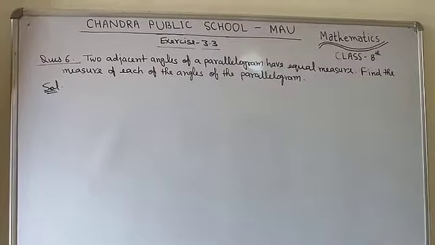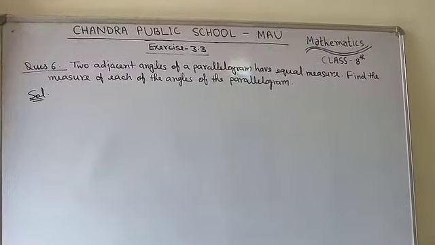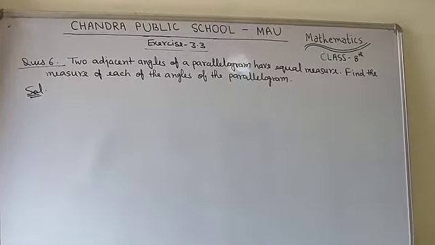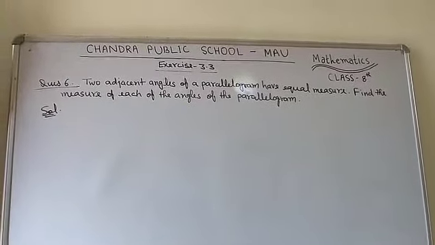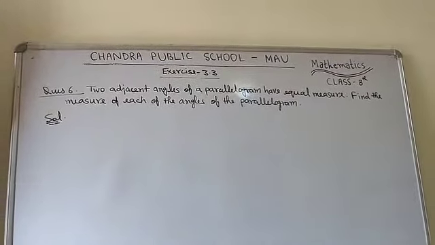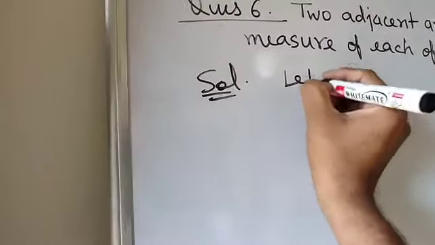Now students, here it is given the question number 6. Two adjacent angles of a parallelogram have equal measure. Find the measure of each of the angles of the parallelogram. In the previous question, we were given the ratio between the adjacent angles, and here it is given that both the adjacents are equal. So here I am going to take,